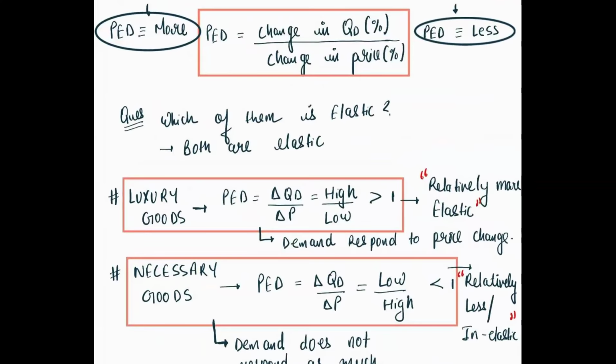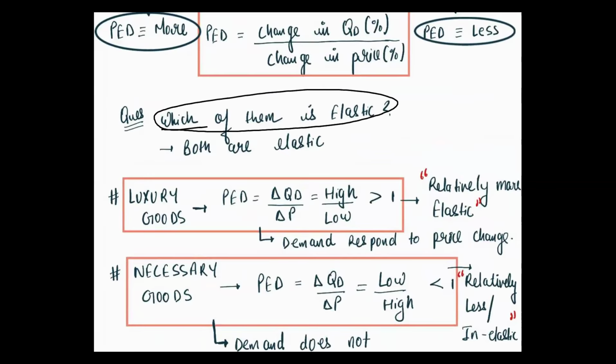So if you see the price elasticity of demand for luxury goods, what will happen? Which will be more elastic, luxury or necessary? Try to think. The formula for price elasticity is change in quantity demanded by change in price. Now try to think which of them is more elastic. If anyone asks you which of them is elastic,